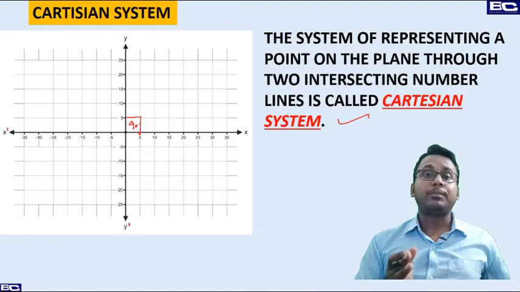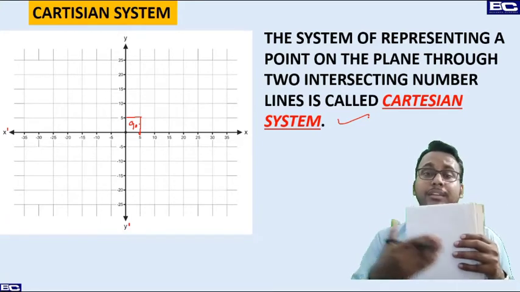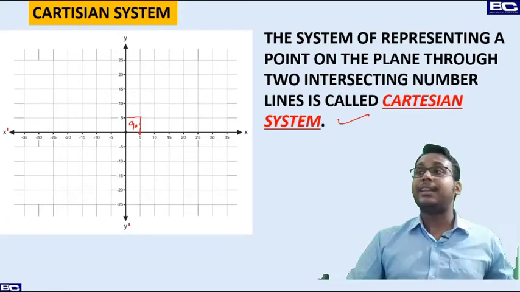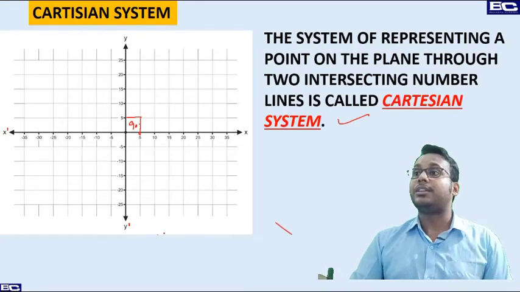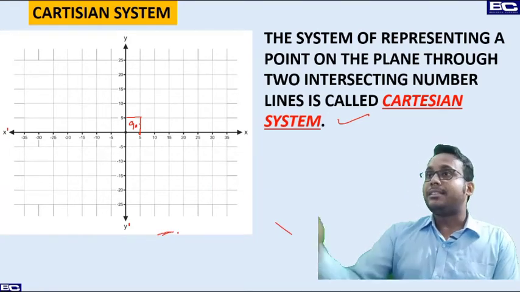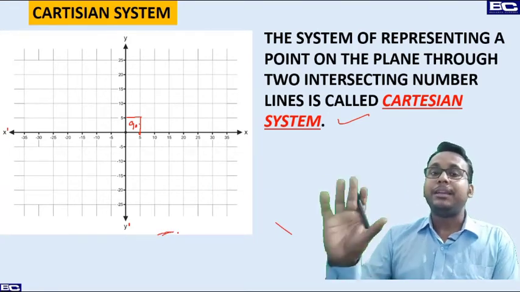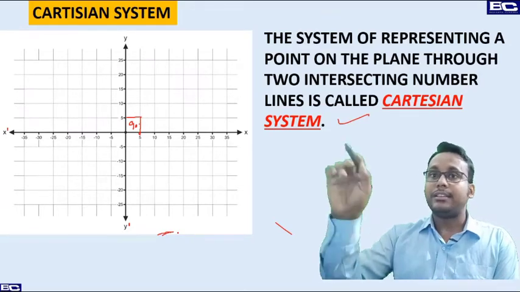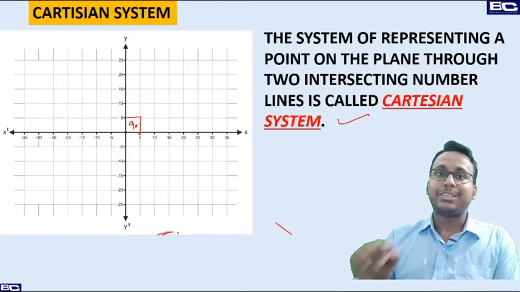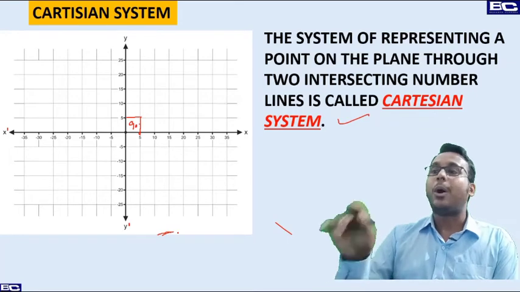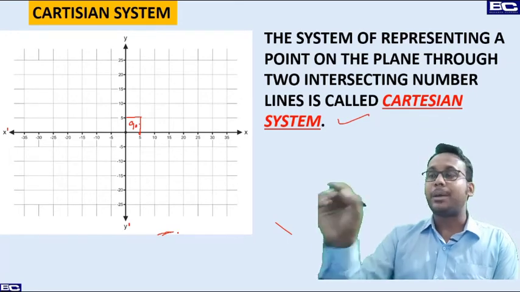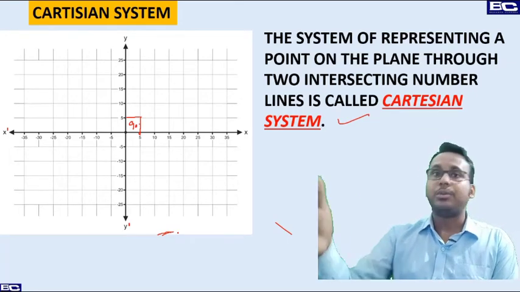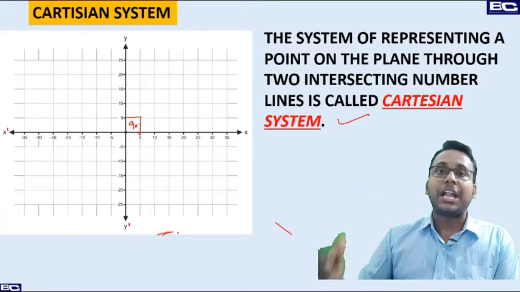between this normal plane that you are having, this is a copy, this is a normal plane, and the plane that you can check out here on the screen. This is a Cartesian plane. The simple difference is the cross. That cross means the crisscross of the number lines. Once this number line form is made on your plain paper, that will become a Cartesian plane.